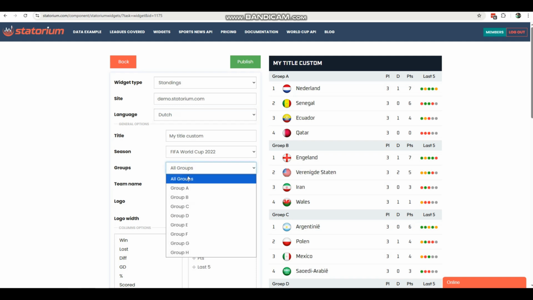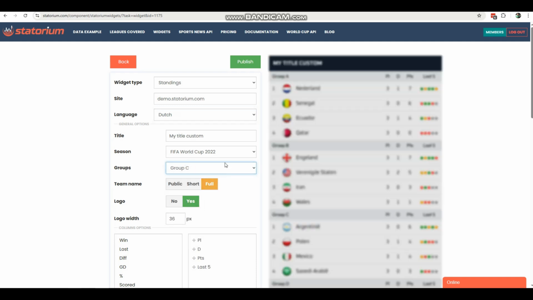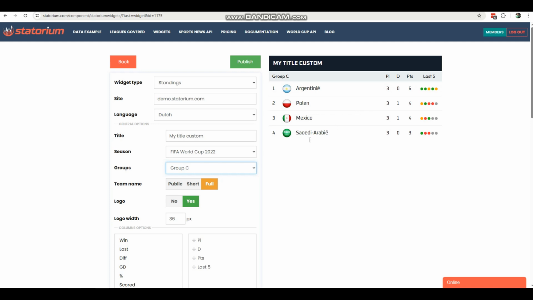I can filter by group, so if I want to show a table of one selected group, it is also possible. And I have different types of names available. For example, team name, public or short. What is good for mobile? I can remove logo,